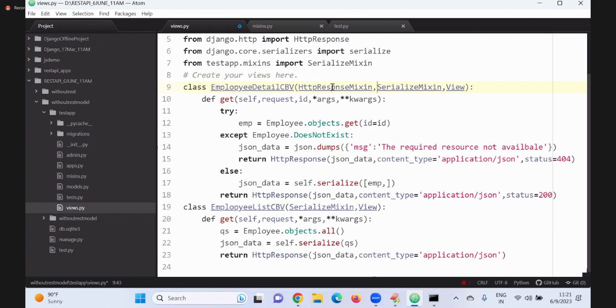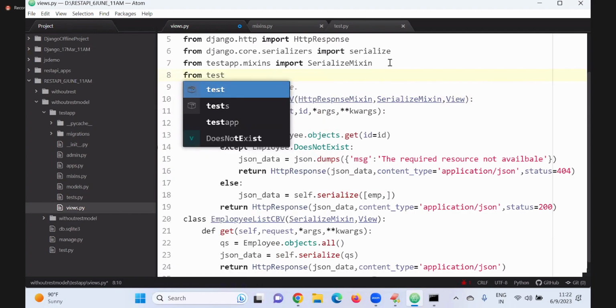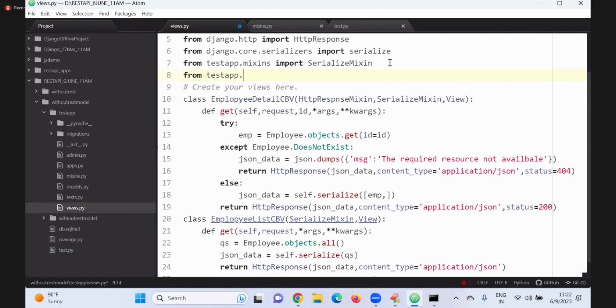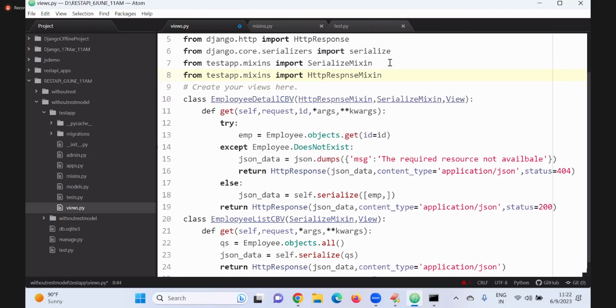Okay, done. But import that one first of all. Where it is available? From test app dot mixins import HttpResponseMixin. Inherit. You don't write this statement. Simple. Remove all this nonsense. Just you have to